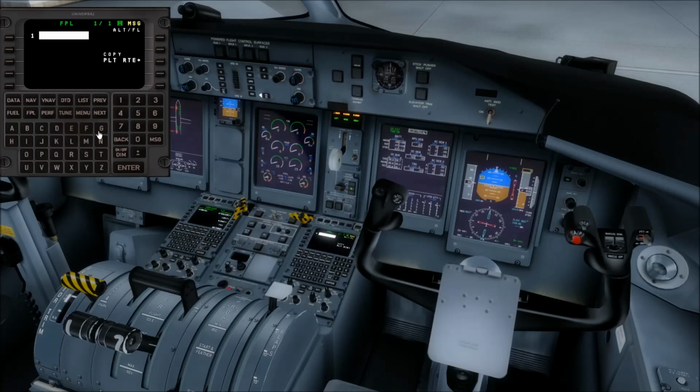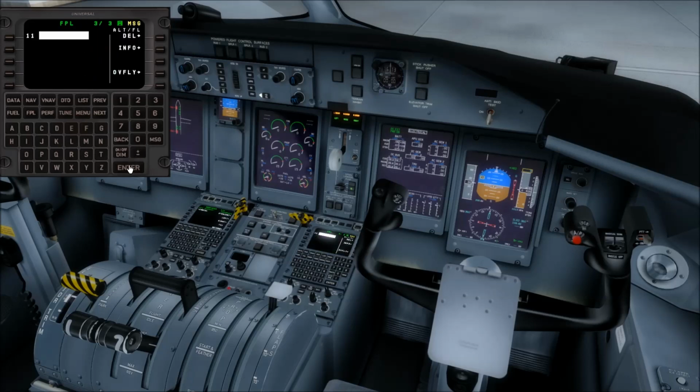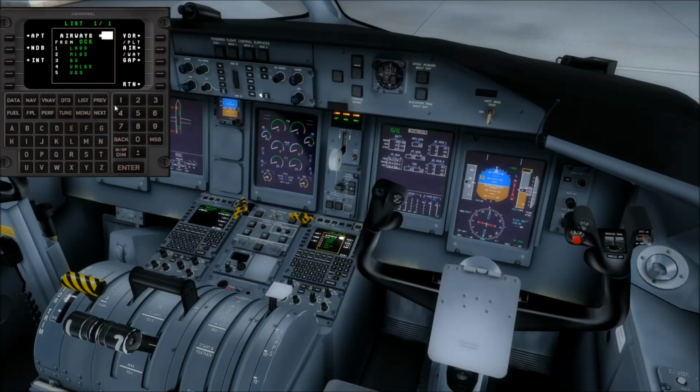Flight plan, we can start off with our departure, Echo Golf Juliet Juliet, enter, and we can accept that. Then we're headed to ORTAC, Oscar Romeo Tango Alpha Charlie, enter. Then we're jumping on the Lima 980 to OCK, then the Quebec 3 to Hamel, and from there,